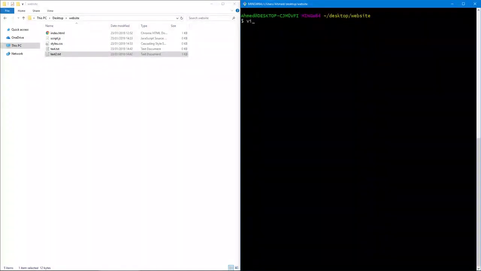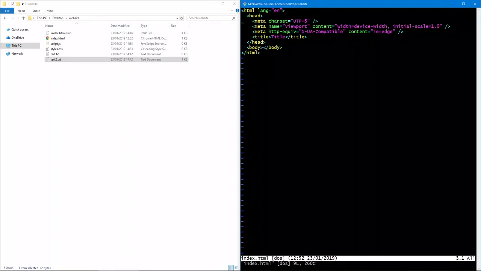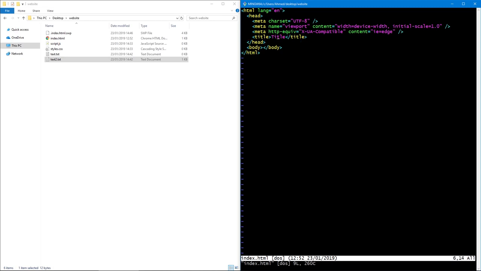and let's do vim index.html, which opens up our index.html, and it's even syntax highlighted. Let's say I wanted to change this title, and instead of title, I want to call it my website. Now this is Vim. When you finish typing stuff, you can just click escape, and when you click escape, you